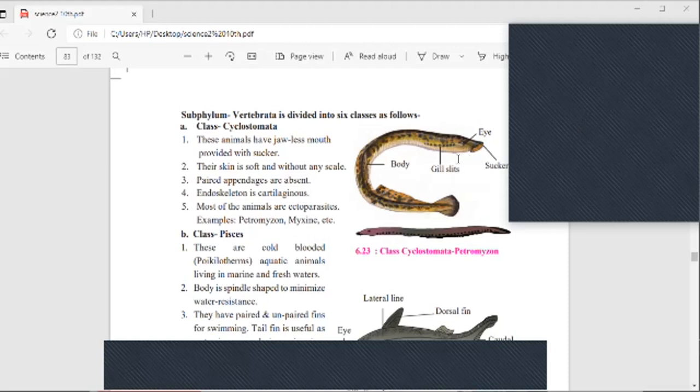Very good. Their skin is soft and without any scale. Scales are not there on their body. So soft skin is there. That is called slimy. If you handle it, we feel it is very smooth. The texture of the body is very smooth because of a chemical substance called the mucilage sheath. What? Mucilage sheath. I will share the Jamboard. We can see the mucilage sheath, like in algae. What is there on their body? Mucilage sheath.